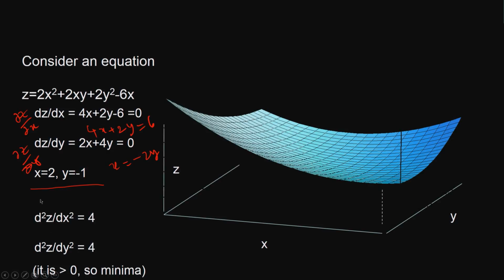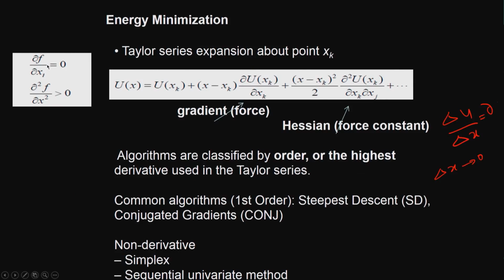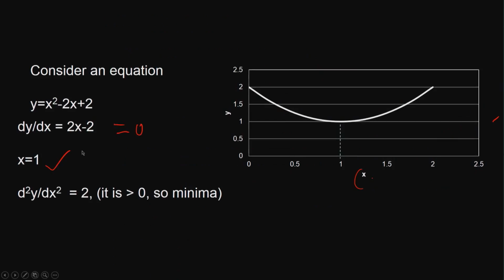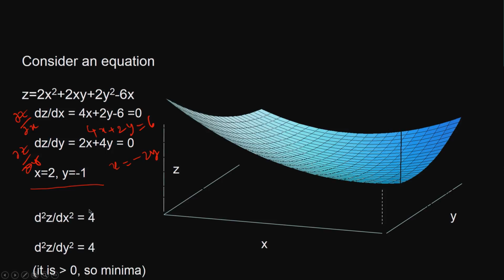So what do you do? You take the second derivative, so we have dou z by dou x, we call it that because it is partial. So again differentiate with respect to x, for example, so it comes to 4, take dou z by dou y, and you differentiate with respect to y, again it comes to 4. So both are greater than 0, so like I mentioned in this particular slide, they are greater than 0, so it is a minimum. That is for cross checking actually, okay, it is a minimum,